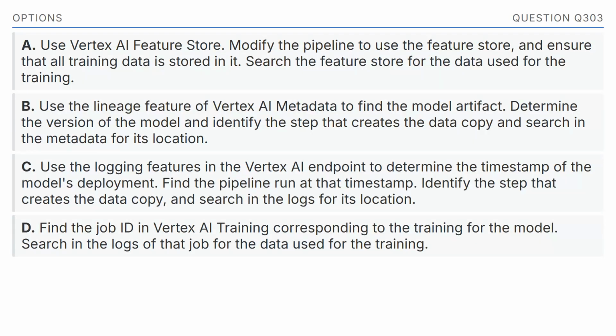The options are: Option A, use Vertex AI Feature Store. Modify the pipeline to use the feature store, and ensure that all training data is stored in it. Search the feature store for the data used for the training. Option B, use the lineage feature of Vertex AI metadata to find the model artifact. Determine the version of the model and identify the step that creates the data copy and search in the metadata